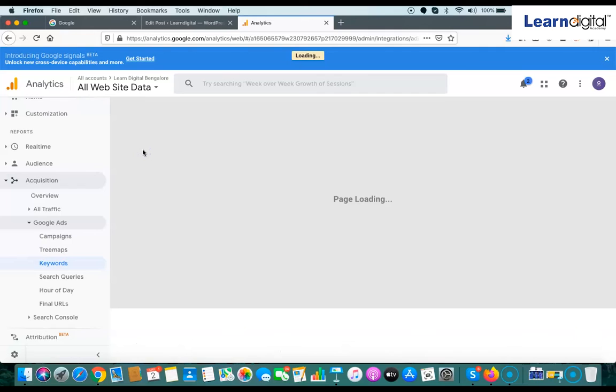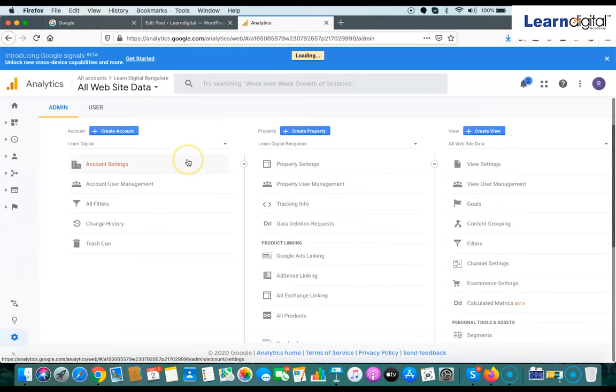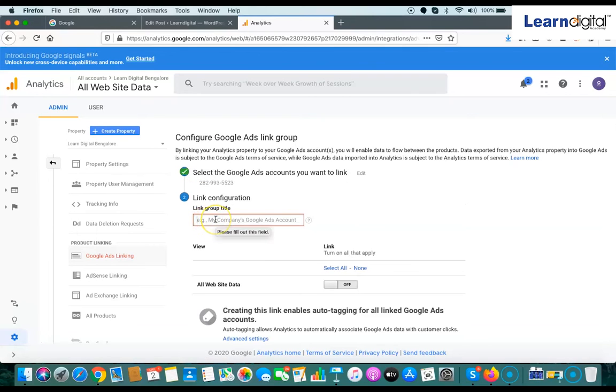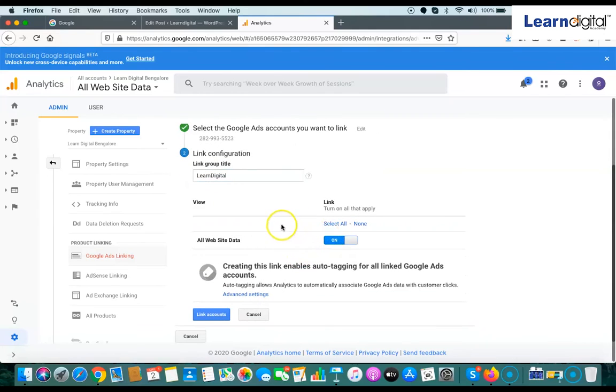So we'll be connecting now. Here we have Google Ads linking. You can connect Google Analytics with your Google AdWords program. And then give a name and then link account.